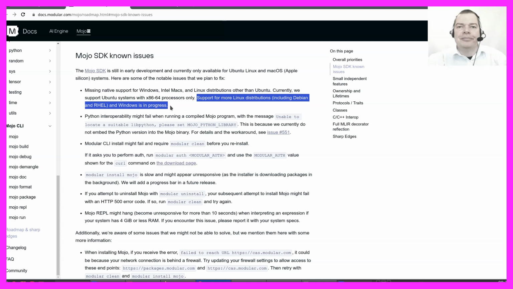progress. And when you start out with a new programming language, errors are likely to happen, and most of the time I sit in front of the screen and I ask myself, what the hell am I doing wrong? They say that Python interoperability might fail, and I've seen that happen many times. There is this one example where they import something like Numpy, but for other libraries I had no success so